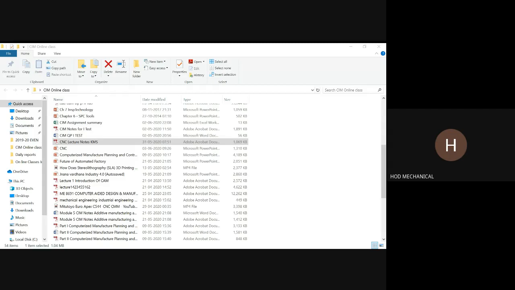But the same rapid movement cannot be used in the case of linear interpolation, which is N G01 X, Z and F. Now you are doing some operation here, from this point to this point, you want to cut the material. To do that you have to move the tool in a linear direction. As you need to cut the material, you need to go for linear interpolation: N, that is the sequence number, G01 X, Z and F.